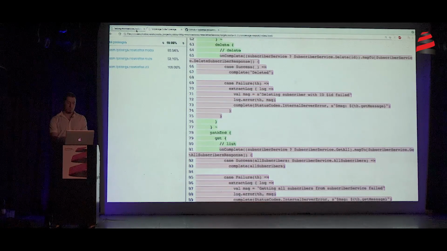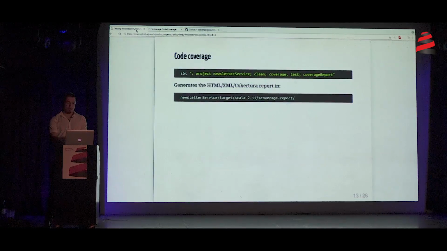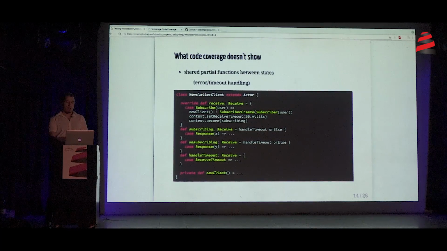And I recommend 100% code coverage. However, code coverage is not going to show you everything. So what does it show? In this case,